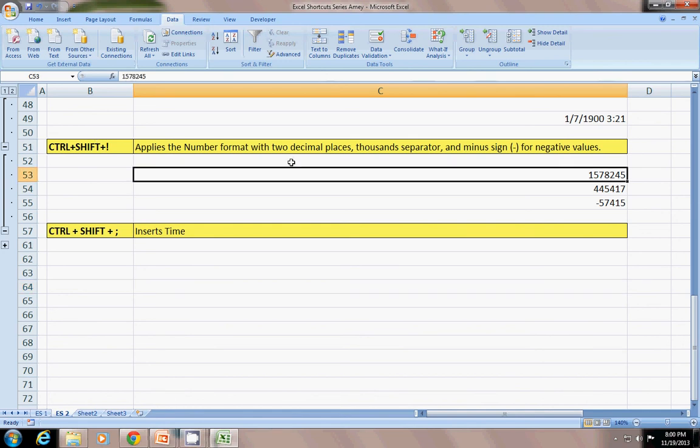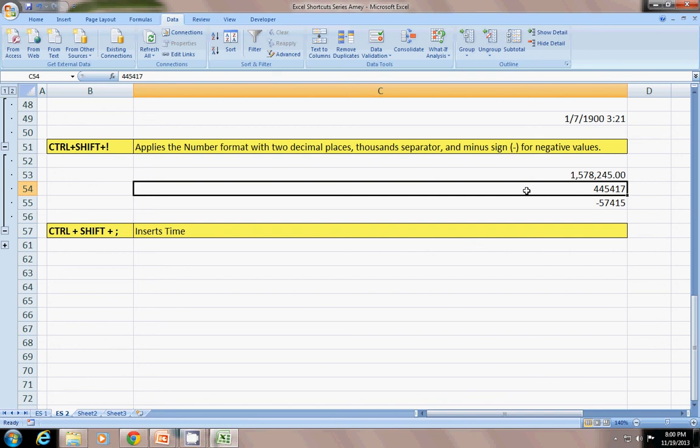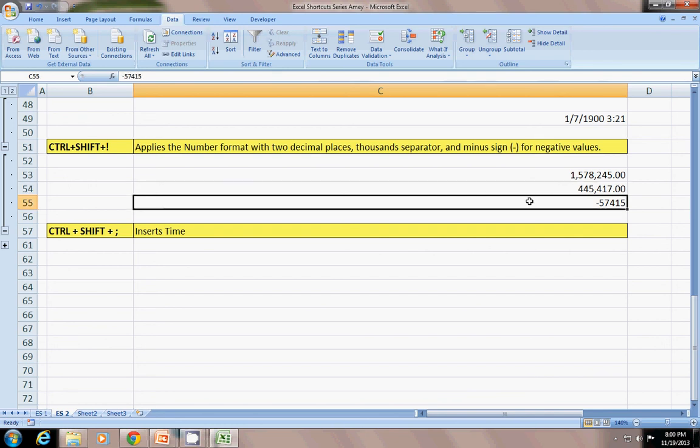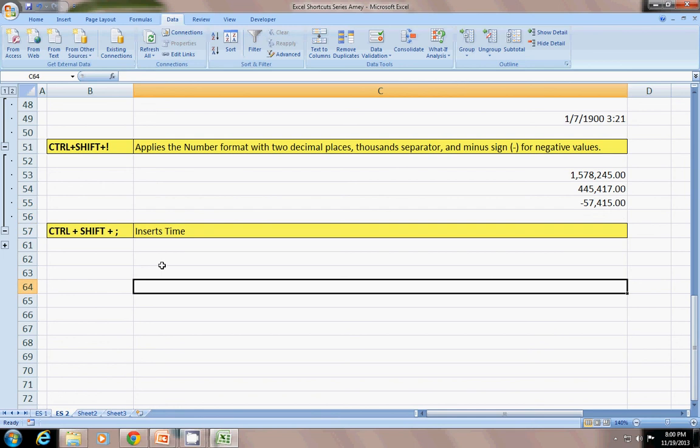For example, just see Control Shift and exclamation. Comma separators, 2 decimals, it applies the same. Same for here. Now here Control Shift and exclamation, negative formatting, minus sign here, comma separator and 2 decimals.